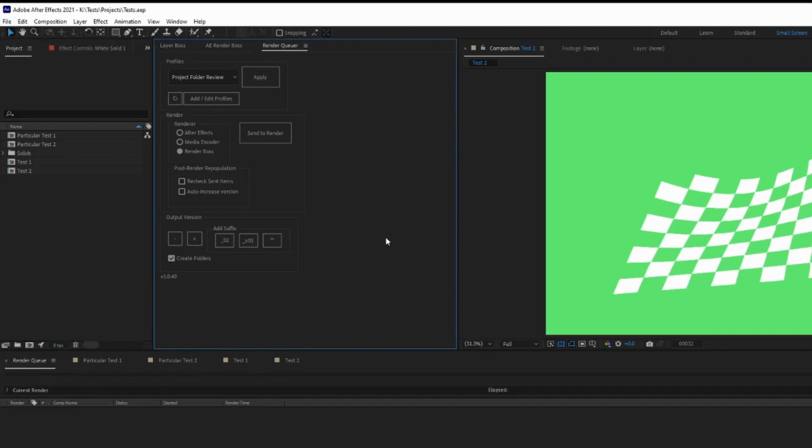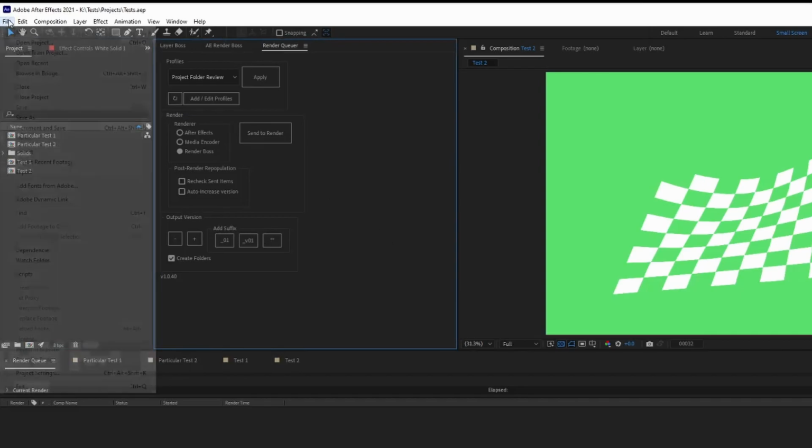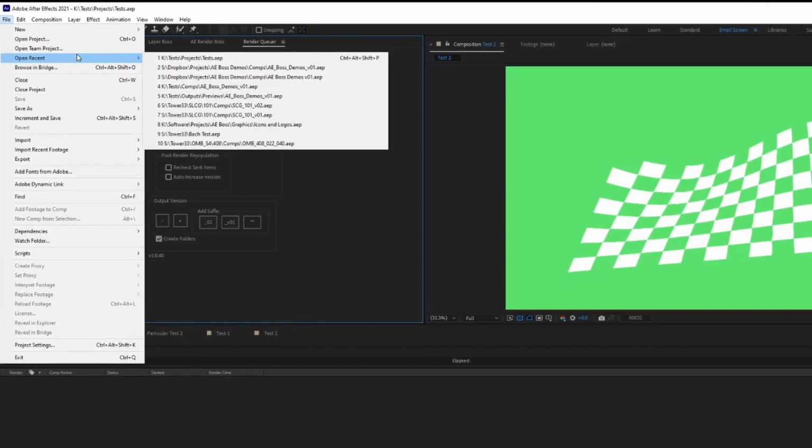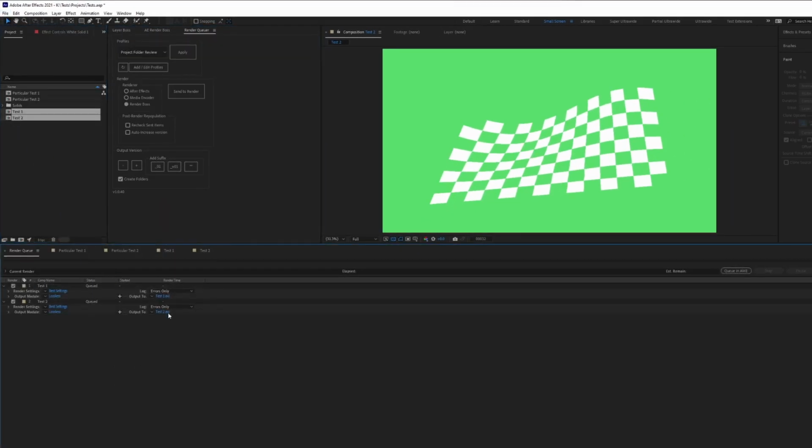I don't know if this has happened to you, but when I have more than one project that I'm working on in After Effects, I tend to put the renders in the wrong folder. For example, let's say here I have two projects that I'm working on, and of course they're both on different folders. If I set a render here,